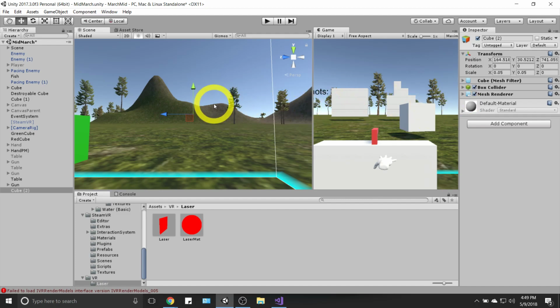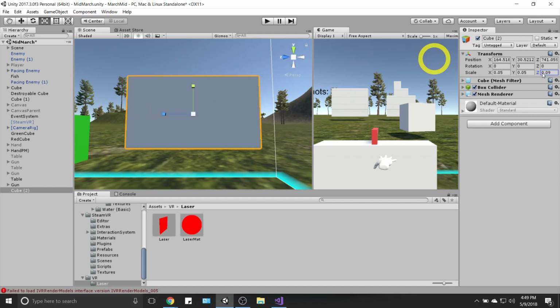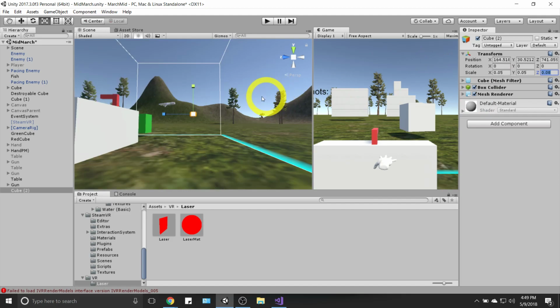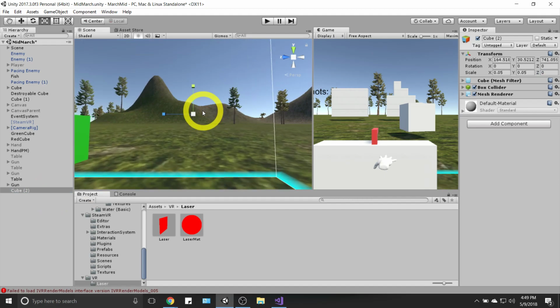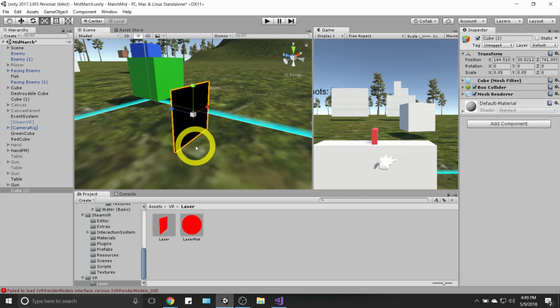The idea is that when we start using the laser and we point to a place, then it becomes longer to represent our laser based on the distance. It goes from 0 to a long laser. Okay. So now with that explained,